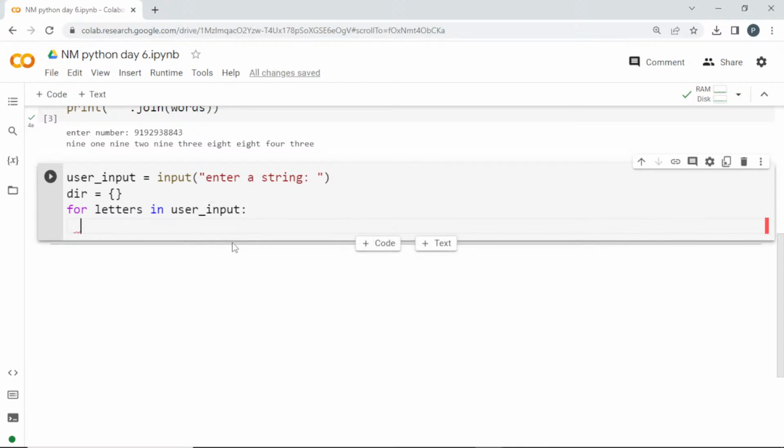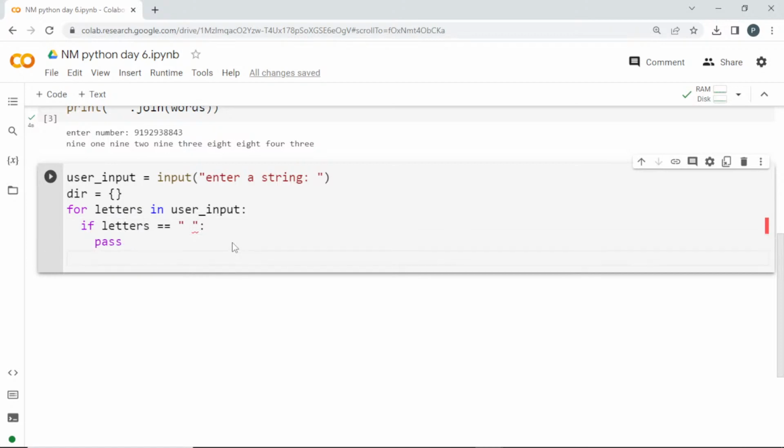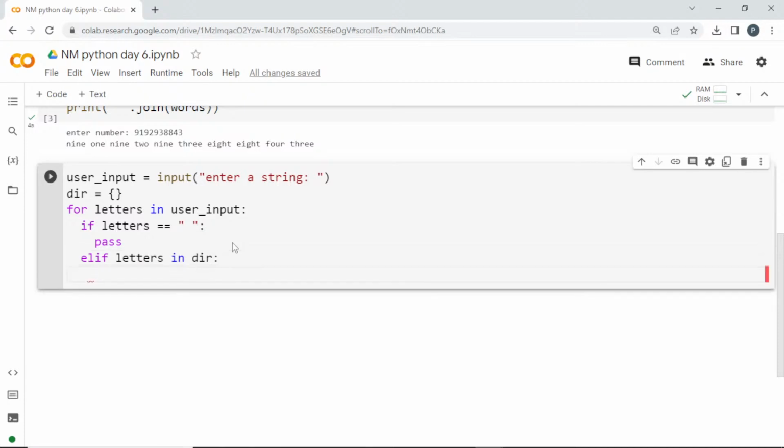Okay, and here I don't want to include any spaces. So if the letter is equal to an empty space, then I am going to pass it. I don't want to do any operation on that. Elif letters in dictionary. Okay, which means, why I am doing this is, we will be getting, for example, if I enter